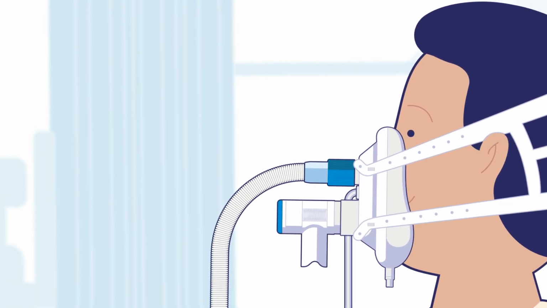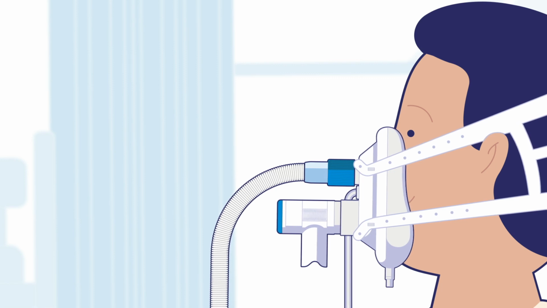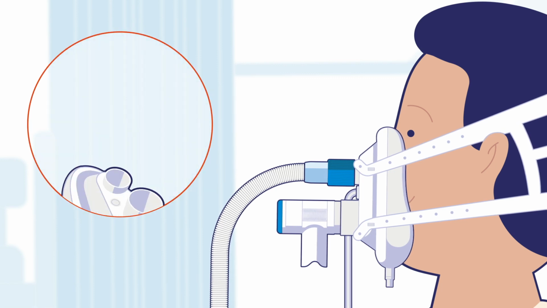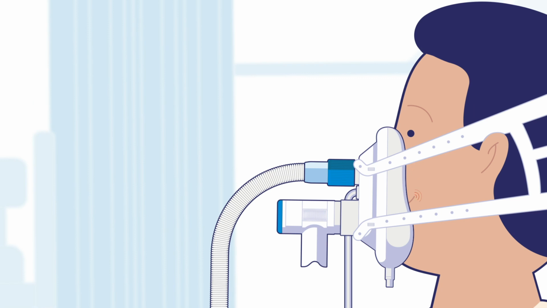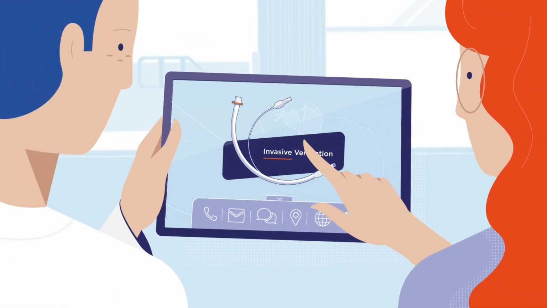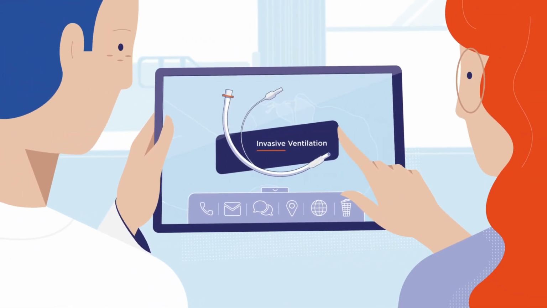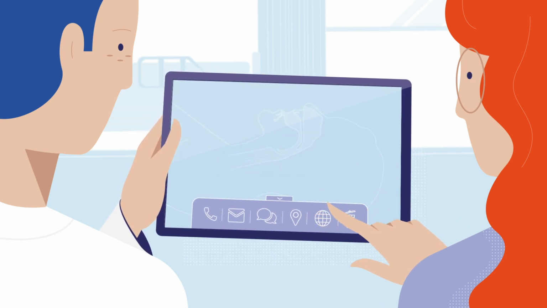Make sure that the patient gets a good seal with the CPAP mask. If the patient requires a smaller mask, replace the large size mask with a medium size mask instead. Check for any leaks coming out of the mask and continue to monitor the patient's condition and treatment. Respiratory patients can benefit from CPAP as it avoids the need for intubation and the associated risks.